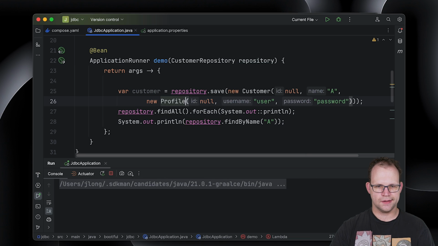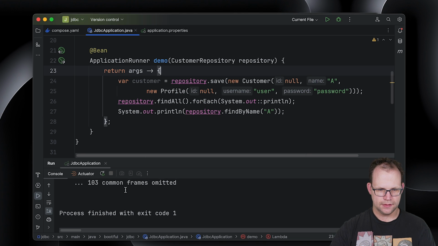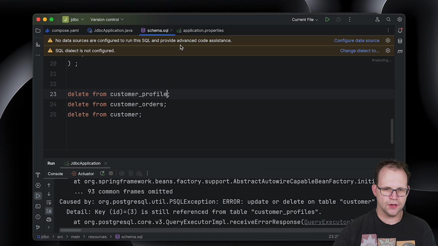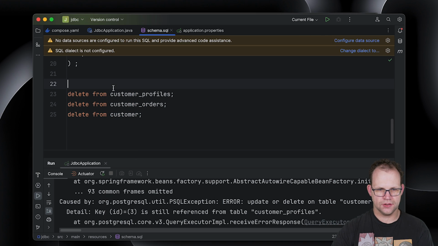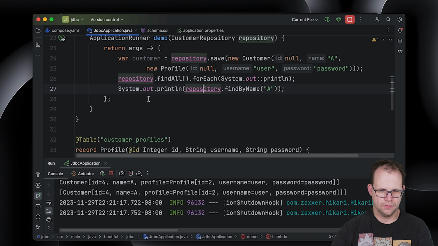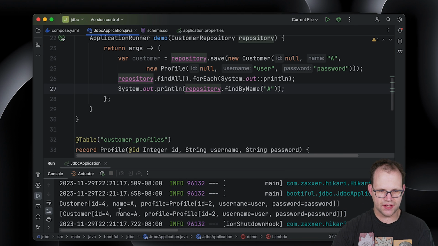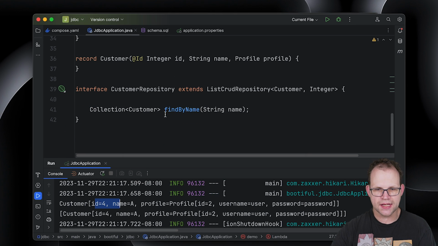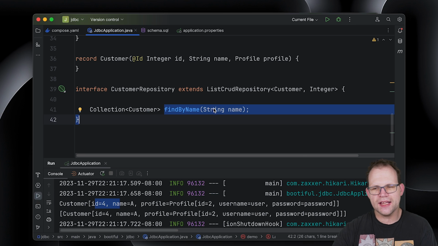Voila, restart. All right. So what happened to this? Oh, I put myself in an inconsistent state because the DDL is not correct anymore. I added an S and I forgot to reflect that here. So let's go ahead and run the program again. Okay, there we go. It's worked. Fantastic. So now we've got the customer and the profiles, right? You can see it's returning one as a part of a collection of all the records, and the other one is just responding to the custom predicate we've got there. So we've got a one-to-one relationship.